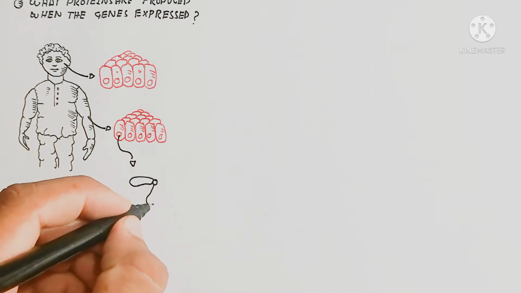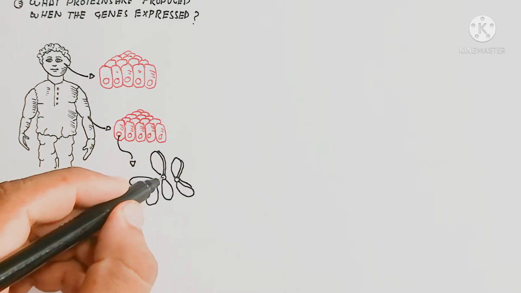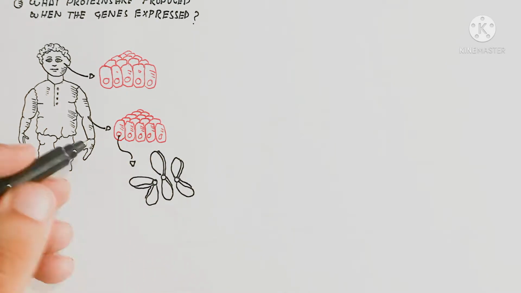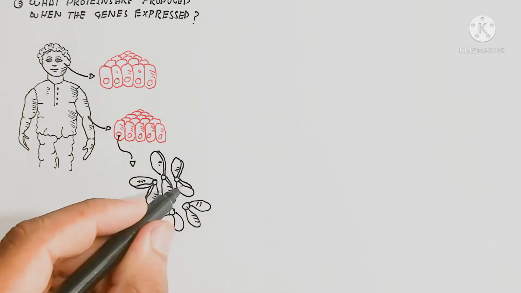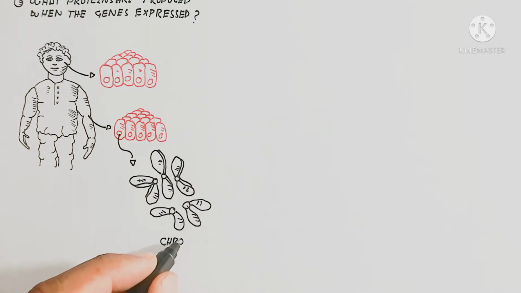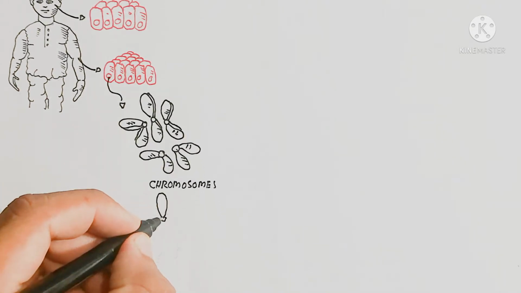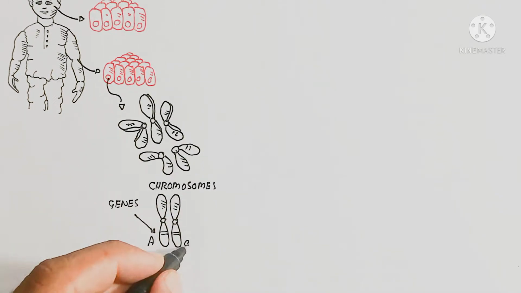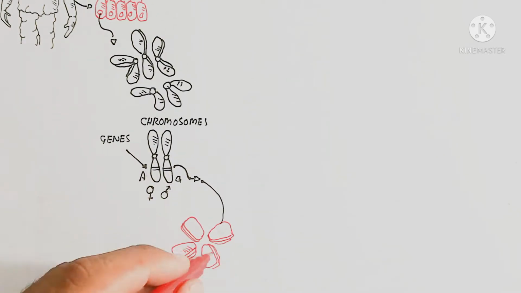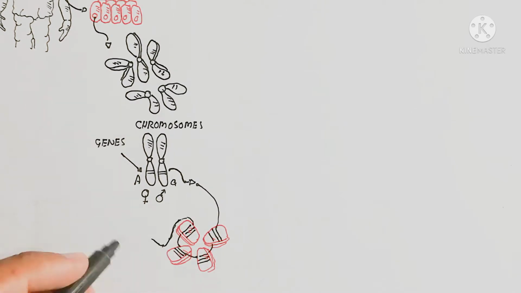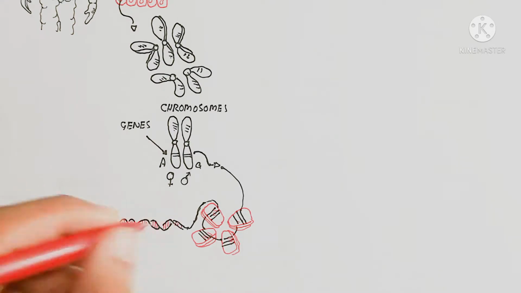Here, different parts of the person contain different types of tissue. These different tissues contain the same nucleus, but differ in the activation of the genes on the chromosome. Here is the chromosome. A chromosome contains alleles. An allele is a gene at a locus, where one is dominant and one is recessive, or both are dominant, which is known as codominance or incomplete dominance.